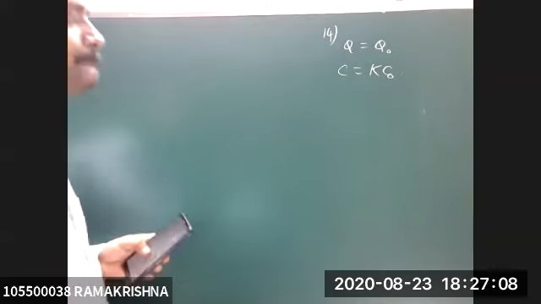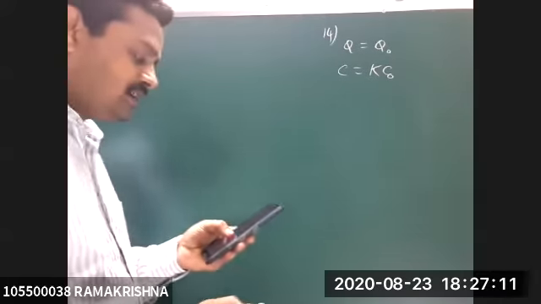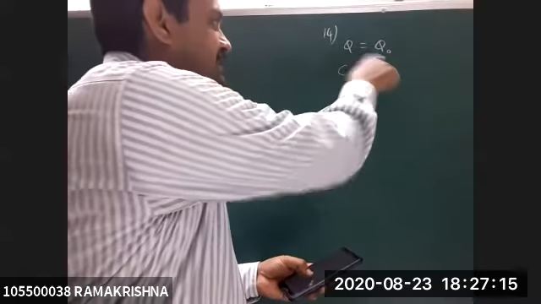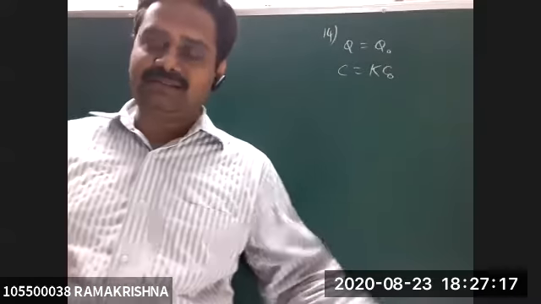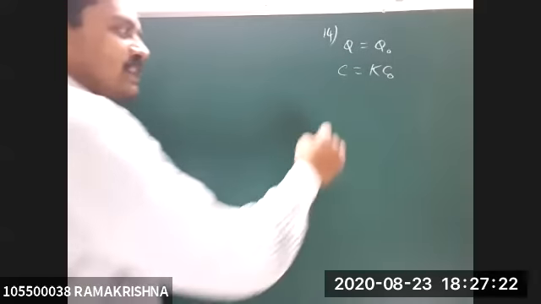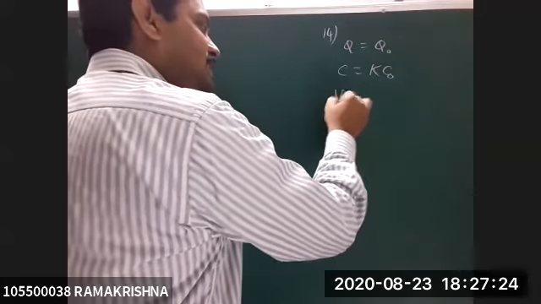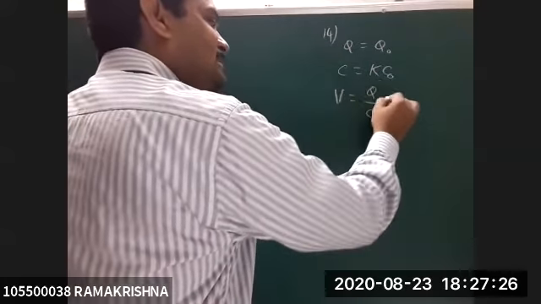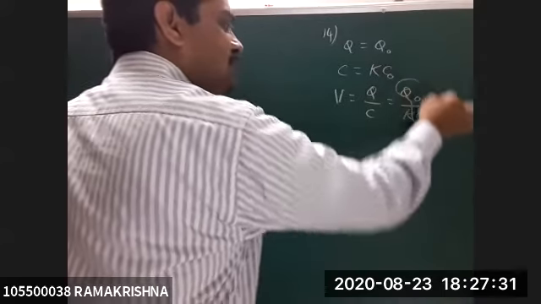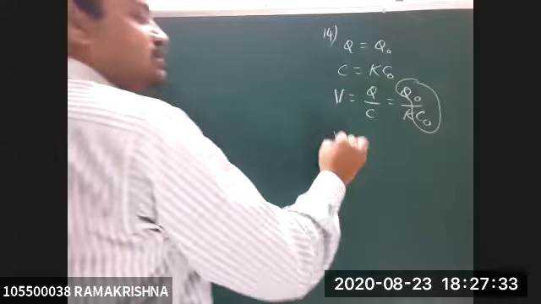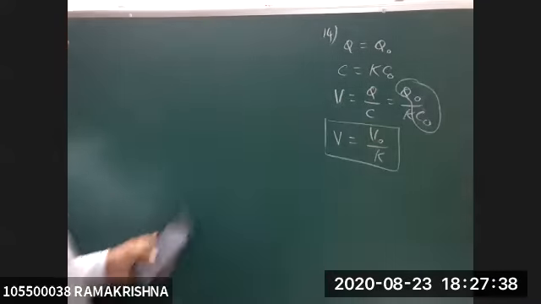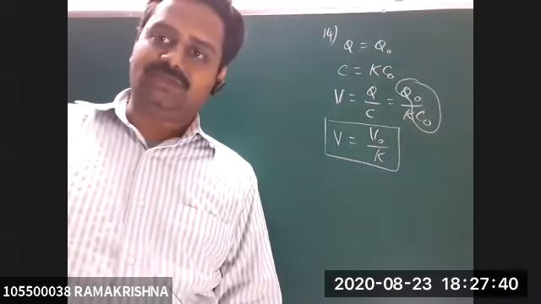Right? So here, all options are in terms of Q, V, and U. So already I say that Q is constant. Why? Because the battery is disconnected. Q is constant, and the capacitance is K times. What about potential? In this case, potential V is equal to Q divided by C, the basic formula. It is Q naught divided by K into C naught, where Q naught divided by C naught is taken as the initial potential. So it becomes V naught divided by K. So V decreases.